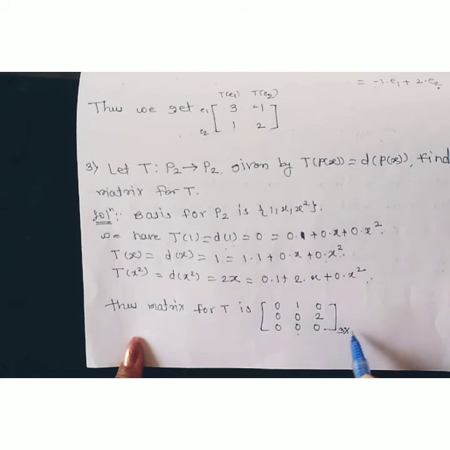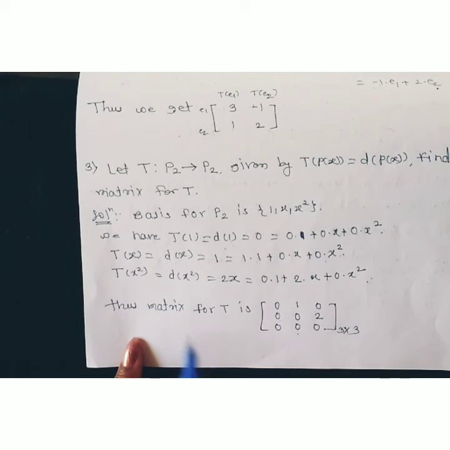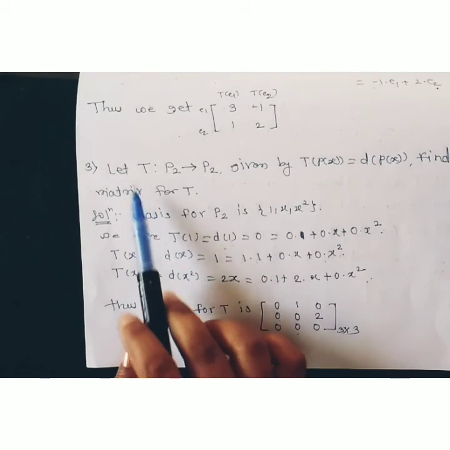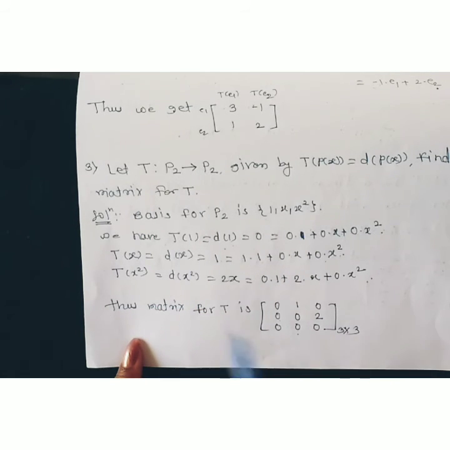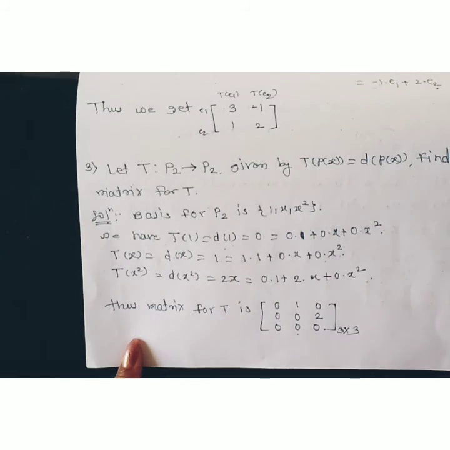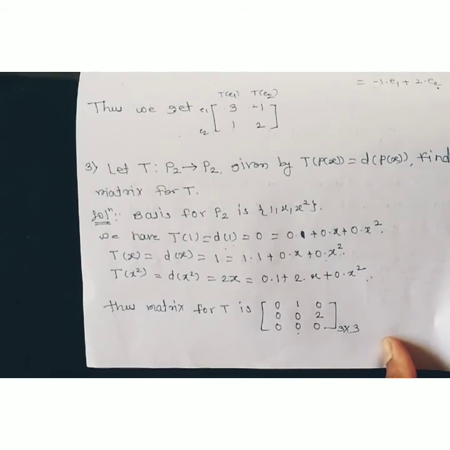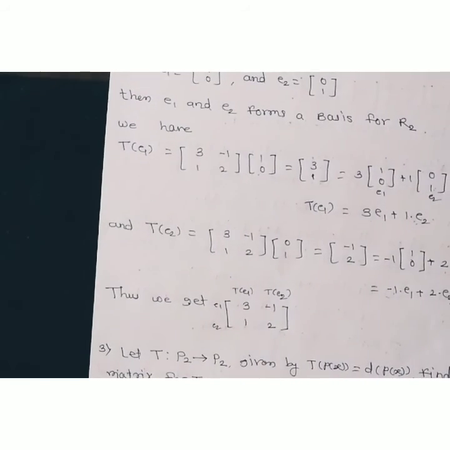This is a 3 cross 3 matrix. Therefore, by using the fact that if we have a given basis, and we have to find the transformation matrix, first of all look at the basis for the vector space we have been given, and express these elements as a linear combination of the basis vectors. Then look at the coefficients of each element and put them as the first, second and third columns. By using this fact we can find the transformation matrix. So these are some examples for finding the transformation matrix.